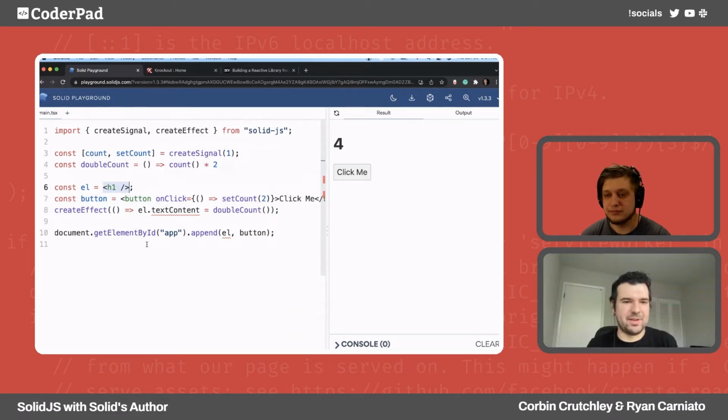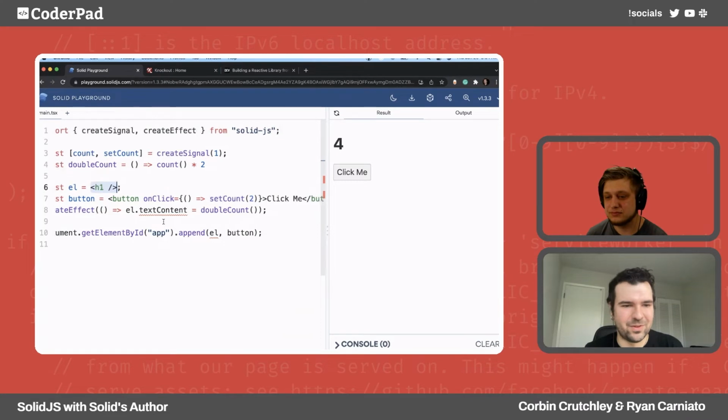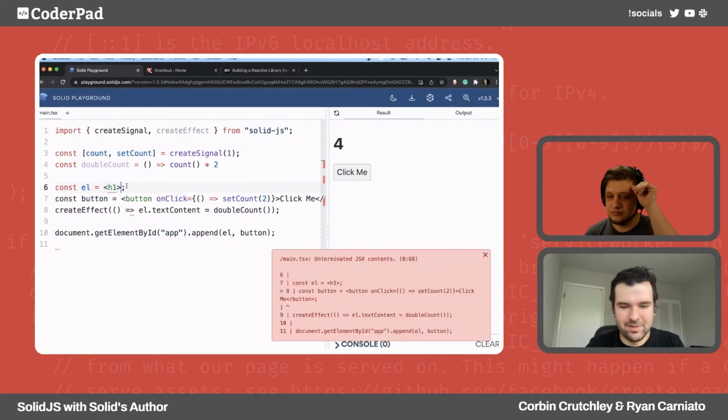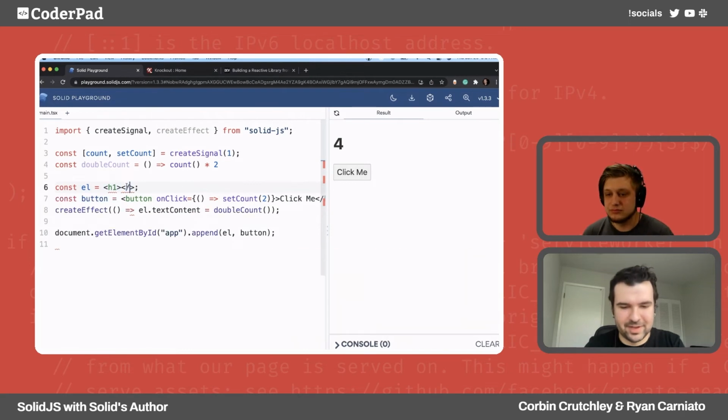What's actually happening, you already saw what the compiler did. It was what you hand wrote. Solid doesn't do much more than what you hand wrote in that scenario. Now you just use JSX to do this. And for the final piece of magic here, what if we set the text on the H1? I don't want to write the effect myself either.